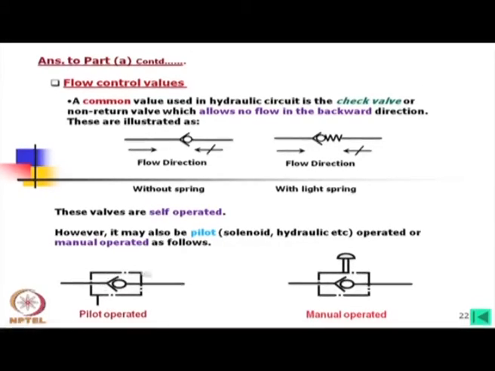Now, this is the pilot operated, that means once the signal is here, then oil can flow from this side also. Do you understand? Oil can flow from this side whether we operate this pilot or not. But if we want the flow from this side, we can operate by this pilot, and this is manual operated. Simply if we rotate this knob, this will open and flow will be allowed from the reverse side.